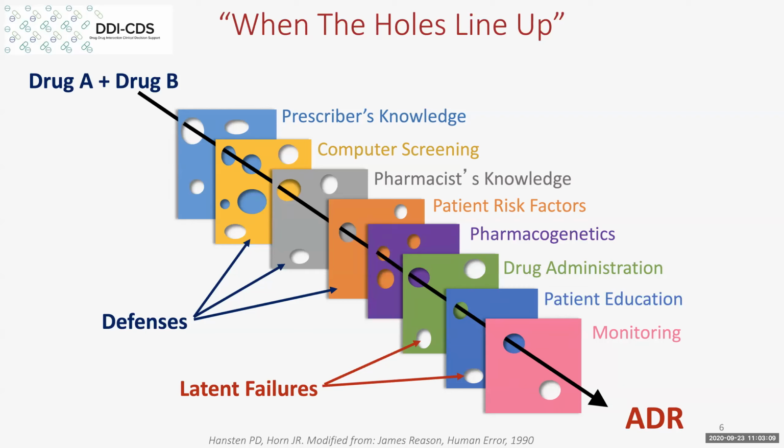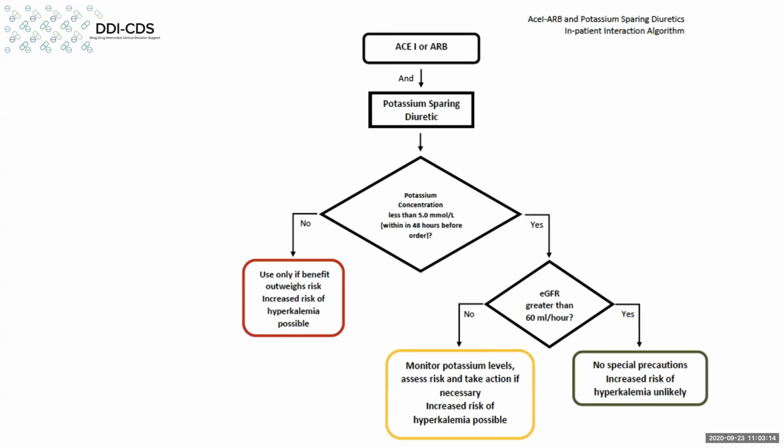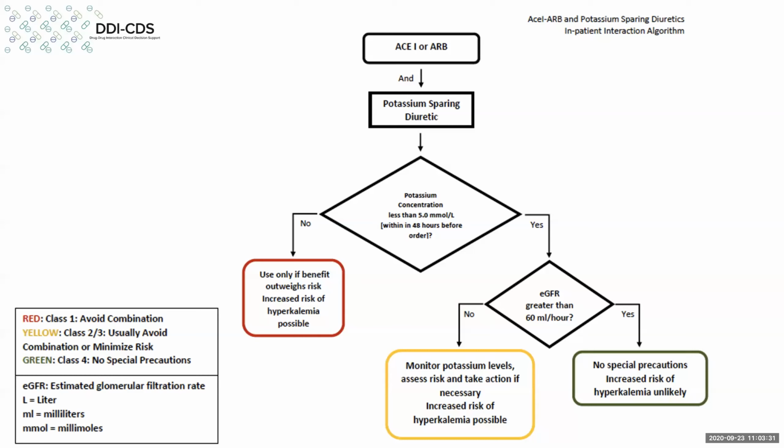So today we want to talk a little bit about determining to what extent we have an adverse drug reaction. We're going to be talking about this particular flow diagram where we look at the combination of an ACE inhibitor or an ARB in combination with a potassium-sparing diuretic. The majority of our time we'll spend talking about how we reach conclusions about at what point in time we want to provide a warning to a prescriber about the potential problems that a patient might have. And here the issue is hyperkalemia.